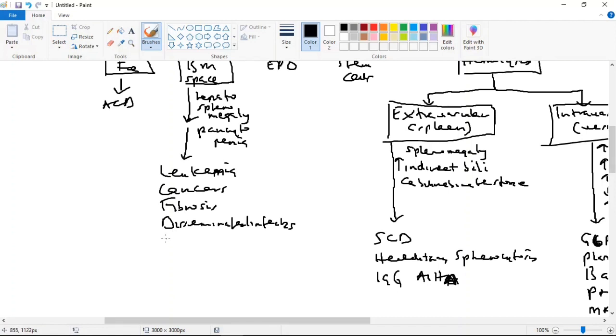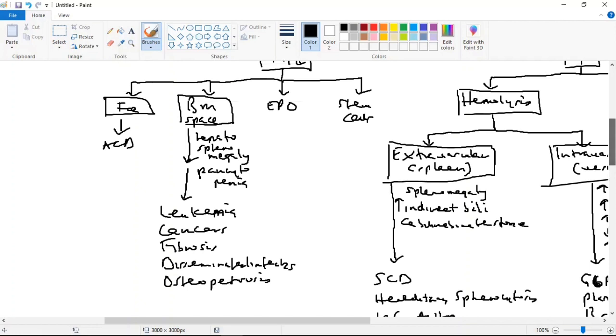Also, remember we talked about this for osteopetrosis, right? In osteopetrosis, the trabeculae of the bone are thicker, so the marrow spaces are going to be compressed. They're narrower, smaller, and some of them become obliterated. That will basically disrupt effective erythropoiesis. So these are things we want to be thinking about for space problems. In the case of erythropoietin and stem cells,